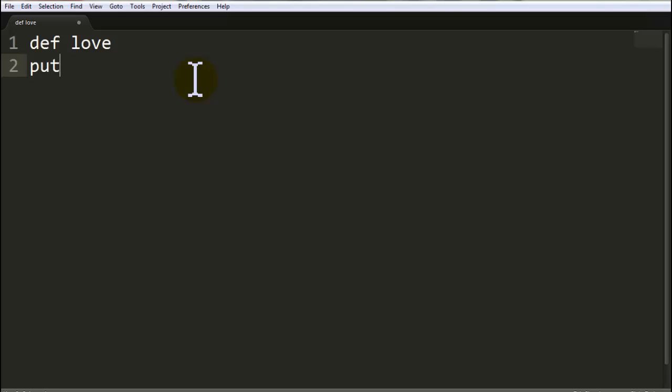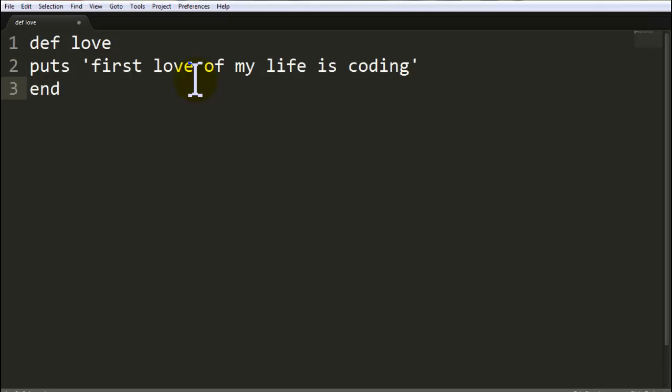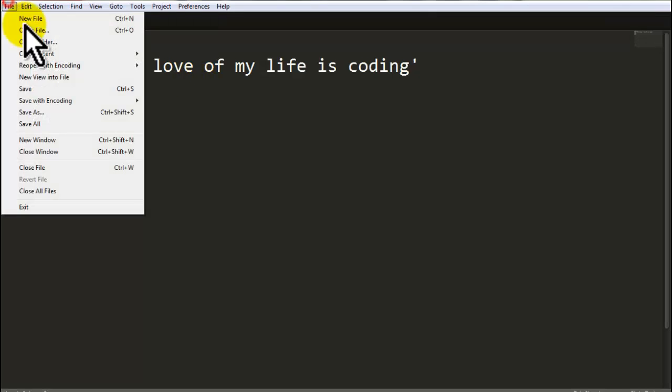Just like here I'm writing puts in inverted commas, first love of my life is coding, right? Then we will end it. Then we are going to save it on our desktop.